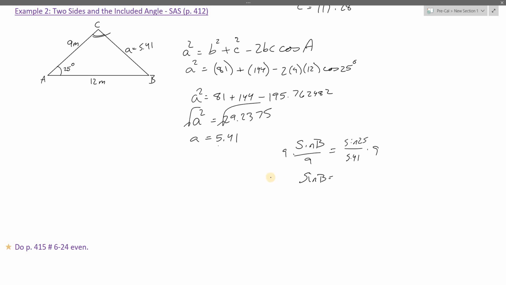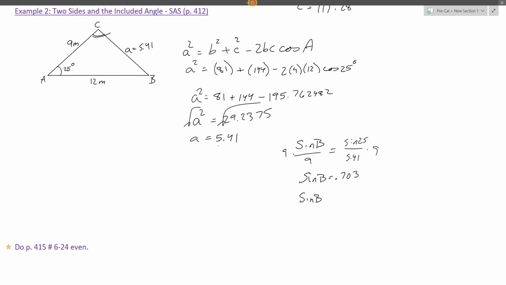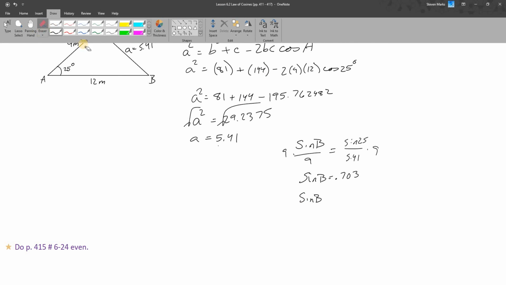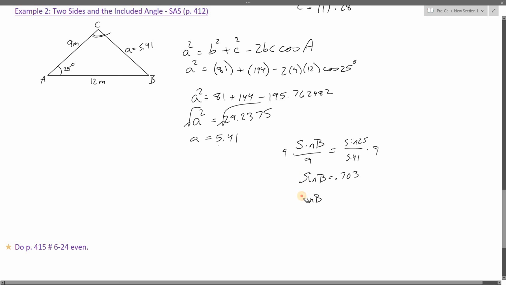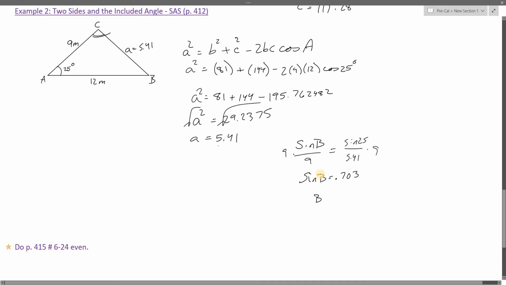We find that the sine of B is equal to 0.703. Take the inverse sine of that, and we will find the angle B. Let's correct that for a moment. Go up here, grab the eraser. It's just angle B, not sine B. And so B is equal to 44.67